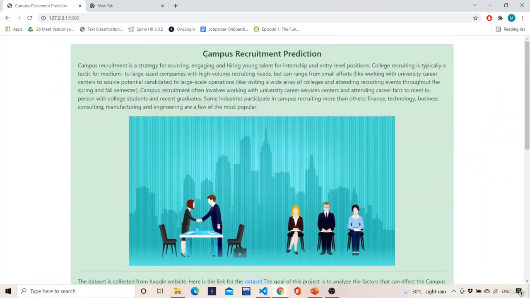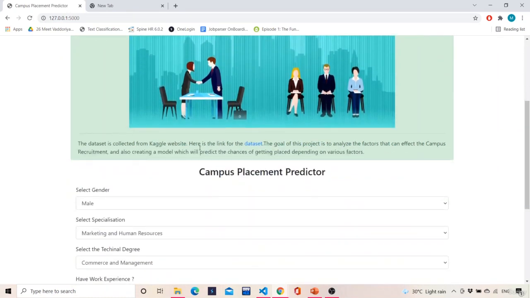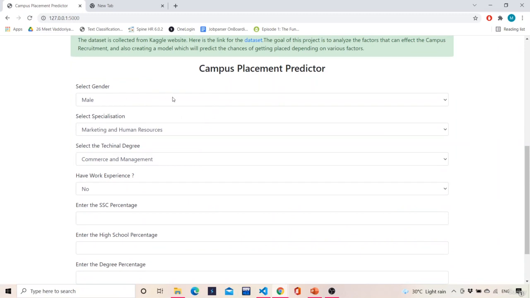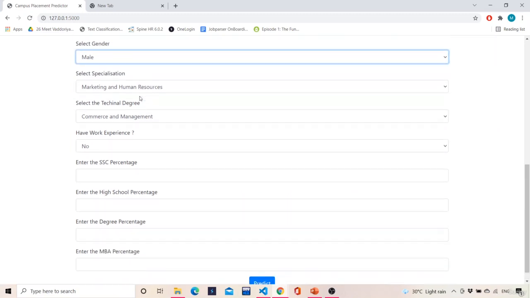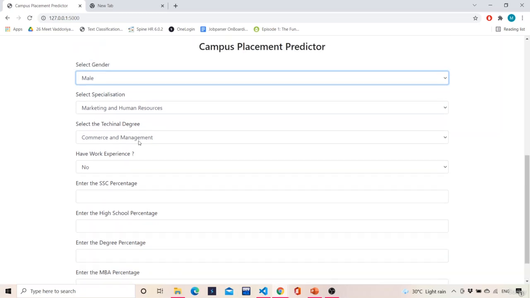So here, this is campus recruitment prediction. You can go through all the details which are given here, and if you're interested in downloading the dataset, I have given the link here as well. You can download from this link. It's a Kaggle link. Then this is the form which we will be filling, and when I hit predict, it will predict whether the particular student, based on the details filled in the form, is eligible for placement or not, or how likely the student is to get placed based on